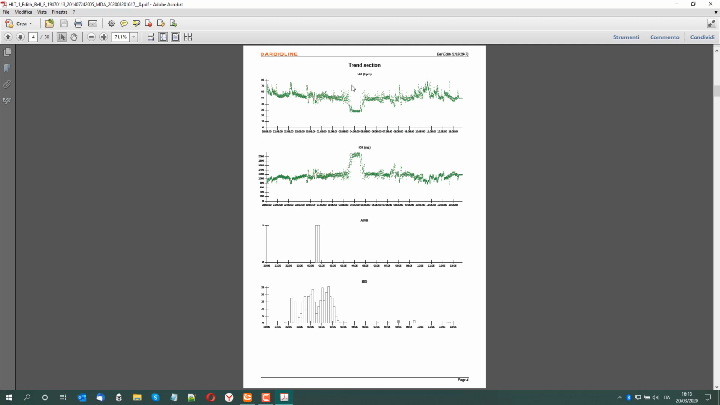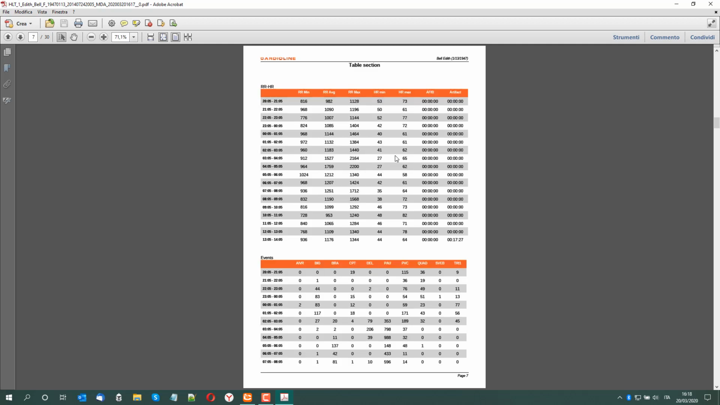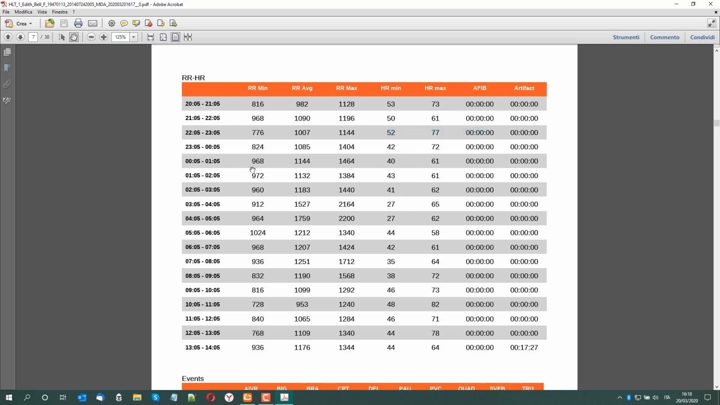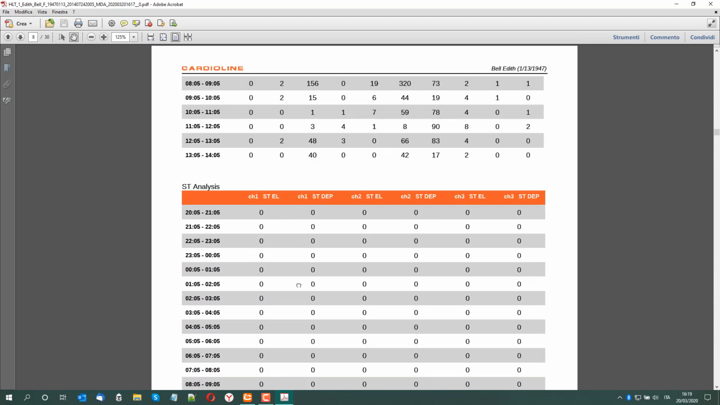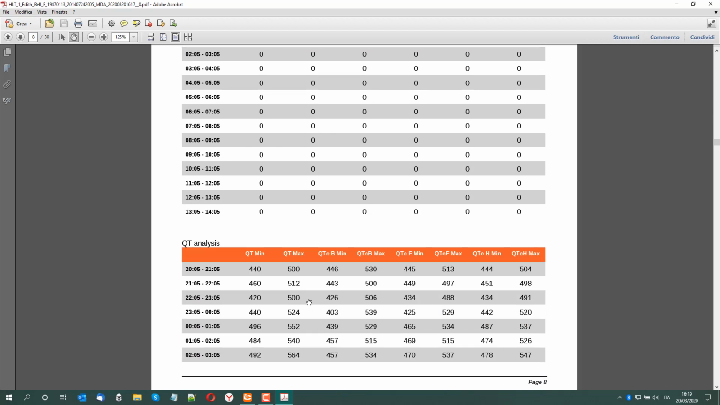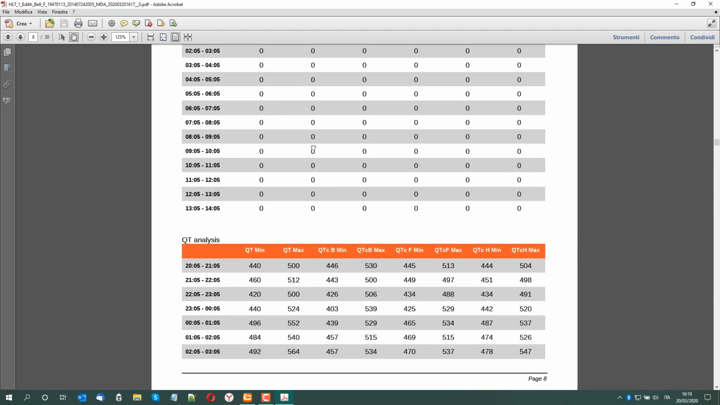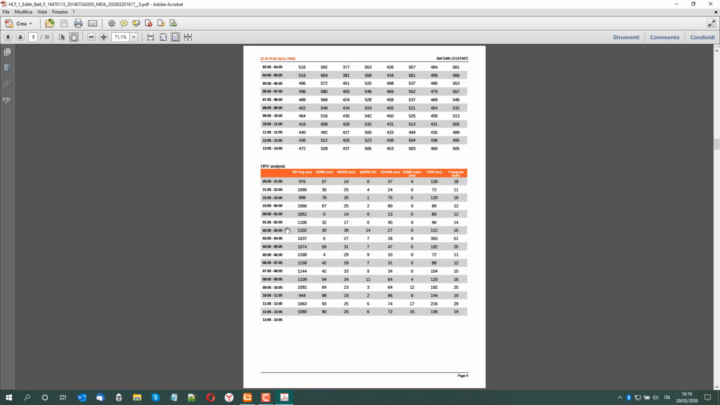Here I have the trend section, so I have a trend for all these categories. The table section, I have some more data that I might not see in the software. For example, in this case, it's useless to have also the ST analysis because there wasn't any ST event. Here, for example, the QT analysis gives me other information,